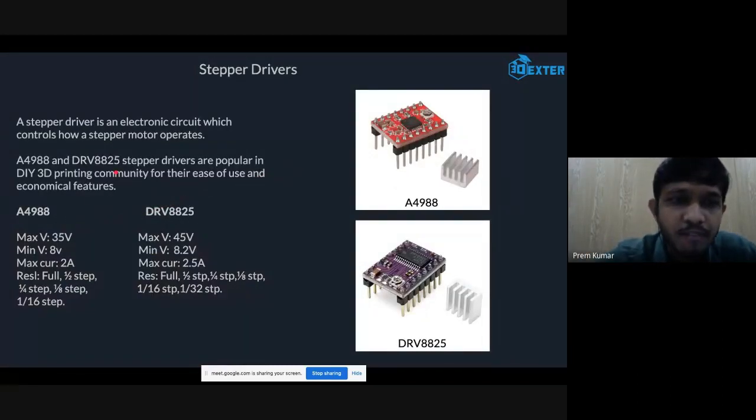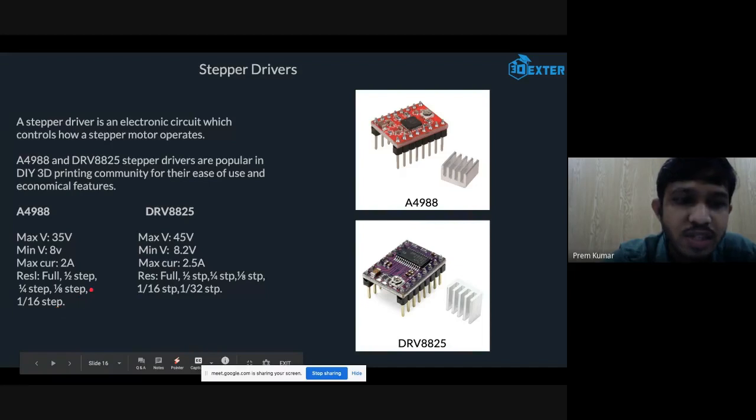So now we have 200 steps of the motor, but the stepper drivers can control these more precisely.